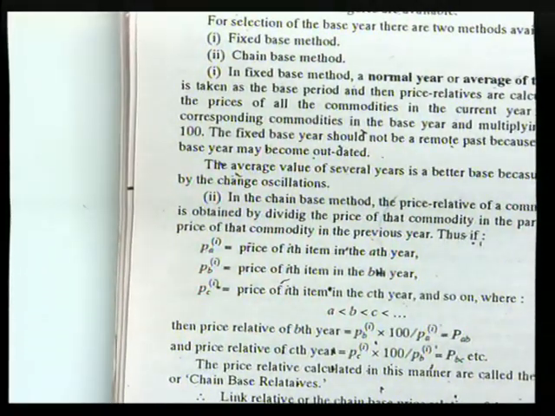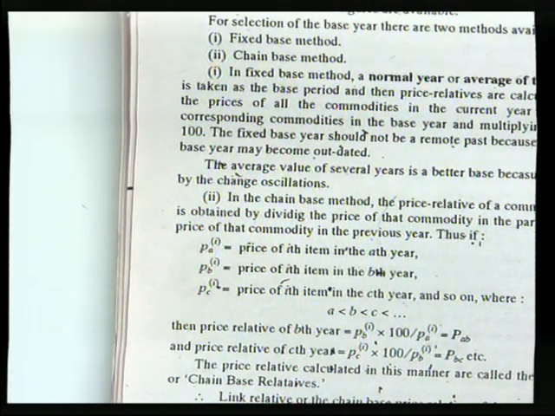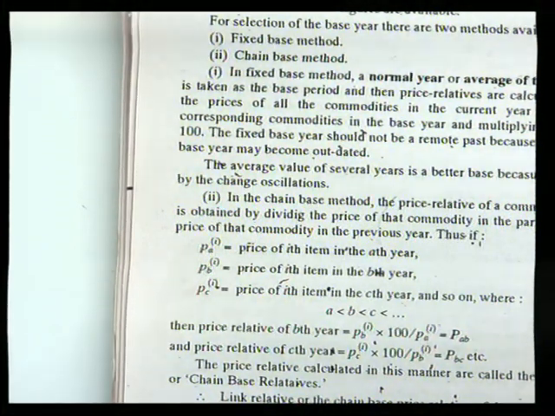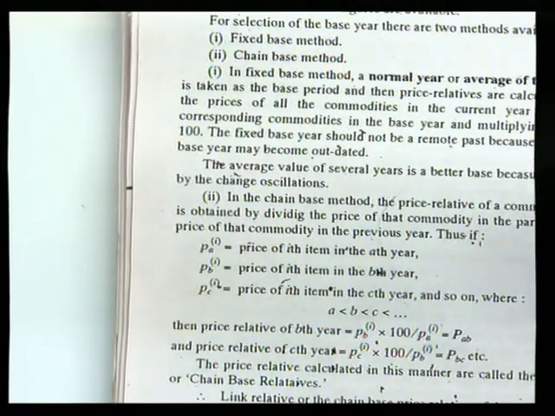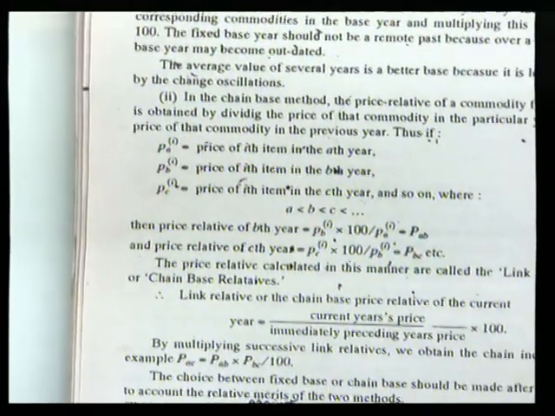So what is the formula we have deduced? The link relative or the chain base price relative of the current year is equal to current year's price